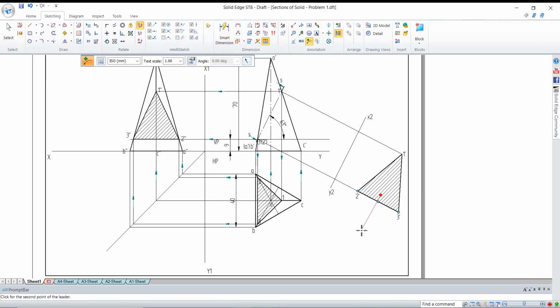Okay, this much is enough. So this will be the sectional top view. You need not show it, but this can be one point. Then write as true shape. True shape. Then you can write it as sectional top view.